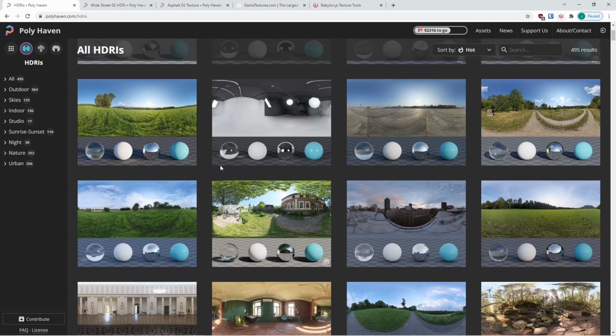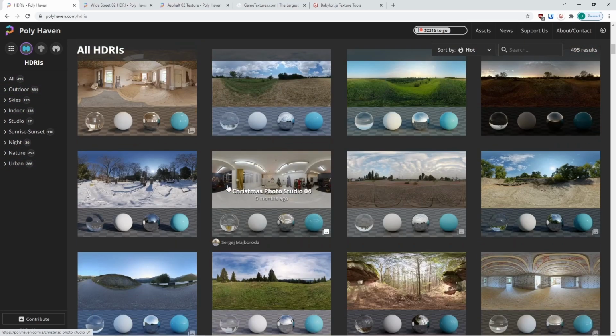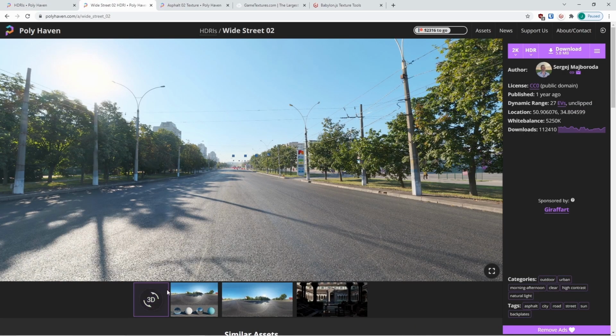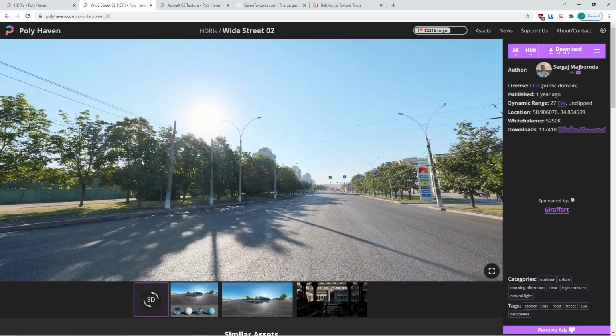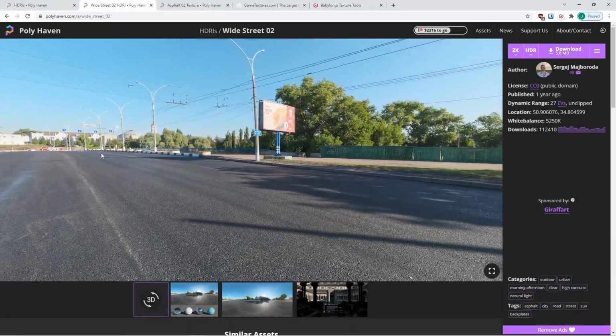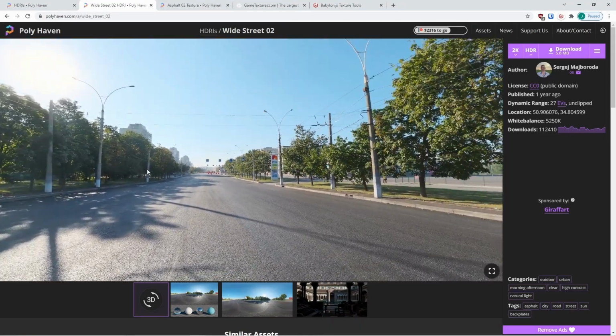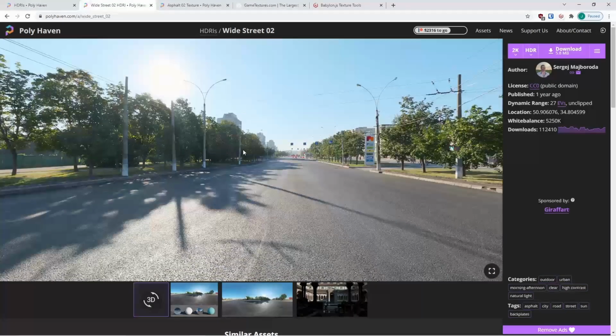So you can download any of these in here. You can see we have different sections. And the one that I'm going to be using is called Wide Street 02. So with the 3D option selected, I can take a look around. I believe this is either a 4K or an 8K resolution. And we can use this as a Skybox in Babylon, and we can take a look around just like we can in here. I'm mostly concerned with using the HDRI for the environment lighting, so that really works well with